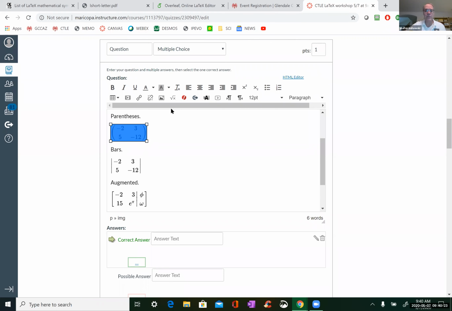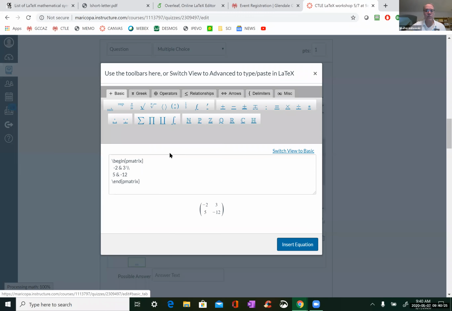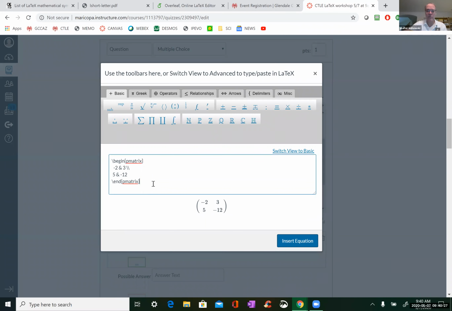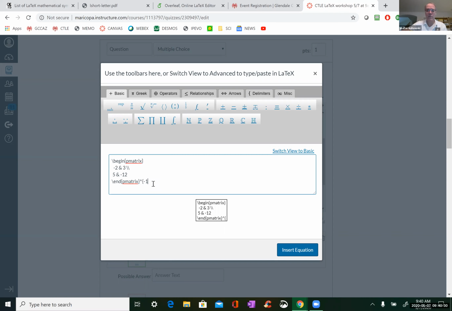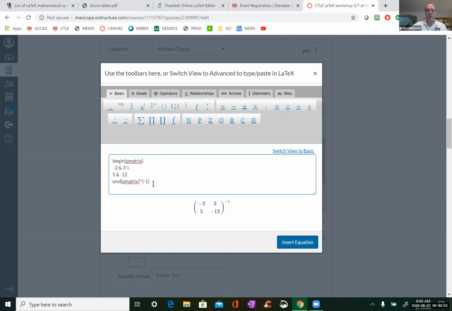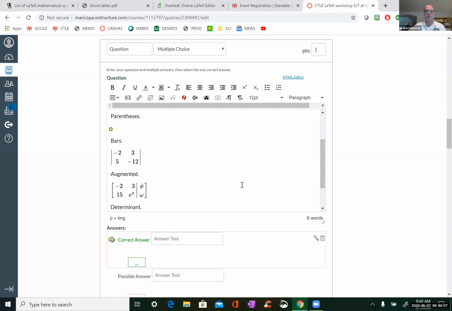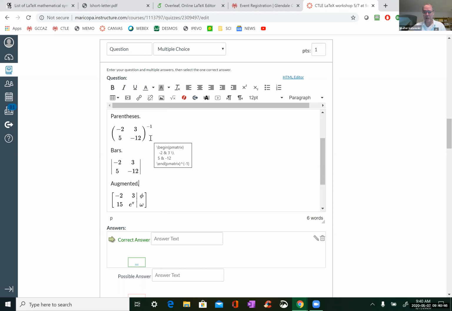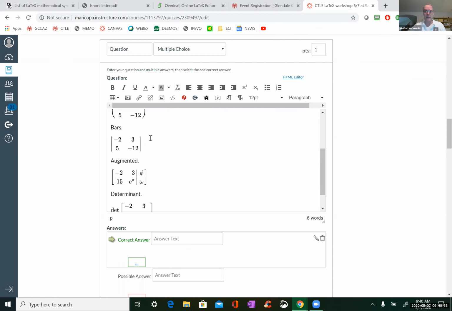Now you can put subscripts on these. There's nothing to say that you can't take something like this and put a -1 on it, like that, as an inverse. Okay, you can put a subscript, and of course you can put a subscript on it too. Like if you're evaluating an integral and you want to have a lower limit and upper limit, you can do that for evaluating an integral. If you want to do that next, we can do that next.